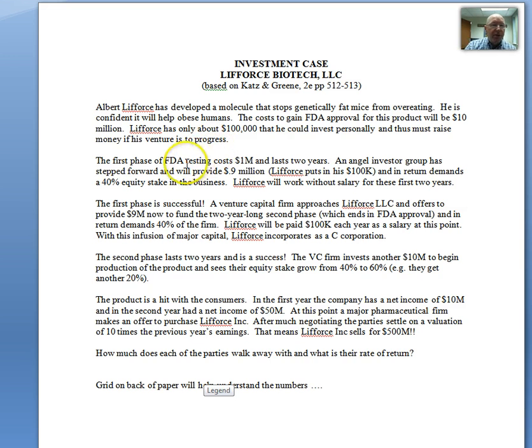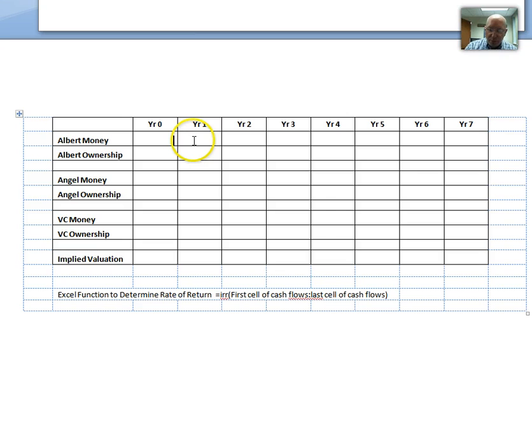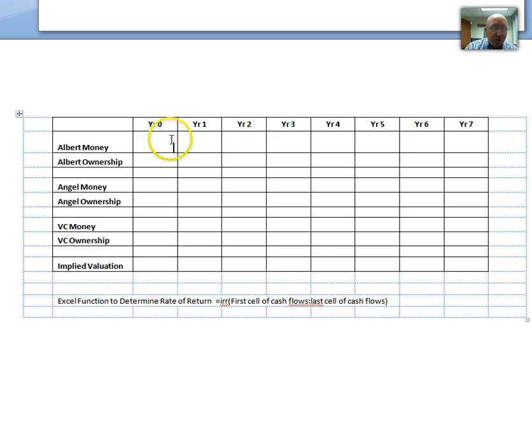The first round of the investment, Albert puts in $100,000 of his own money, and the angel puts in $900,000 or 0.9 million, and in return gets a 40% equity stake in the business. So as we scroll down, we say, okay, in year 0, Albert put in 100,000, so minus 0.1. Very important to put a minus sign in front, or later on Excel won't know what to do with the